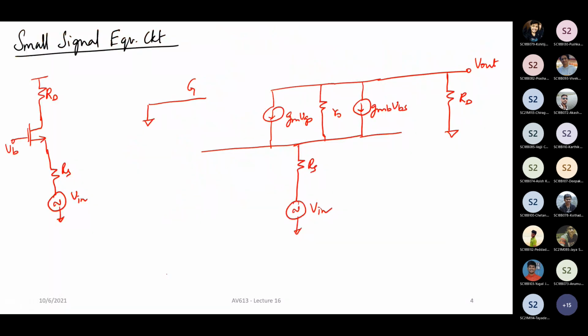All right. Now, if you look at this particular thing, let's try to calculate the gain, right? Now, how can we calculate the gain? We always say that the gain is given by the transconductance multiplied by the output resistance, right? All right. Now, first of all, what is the transconductance here? Can you tell me?